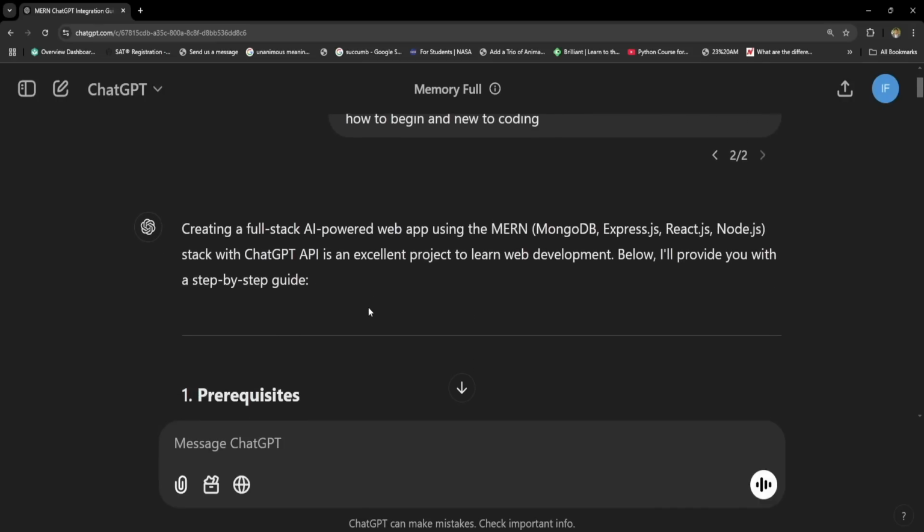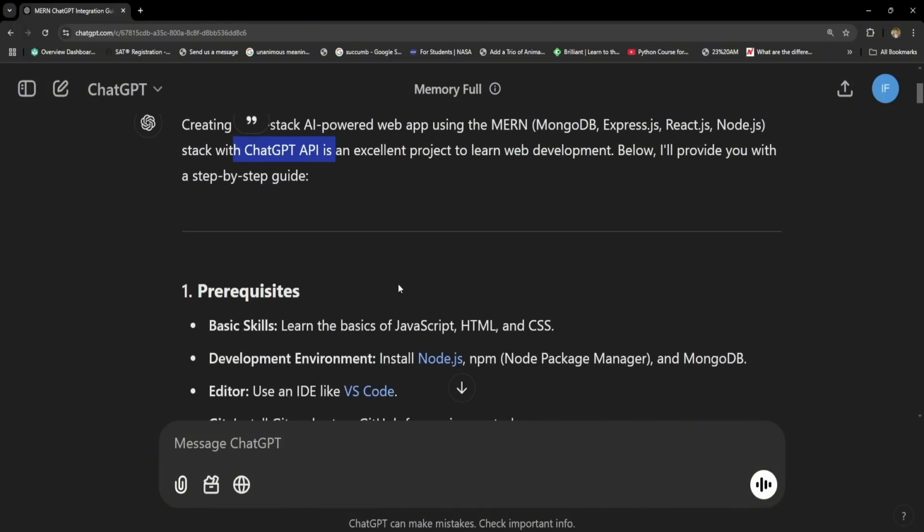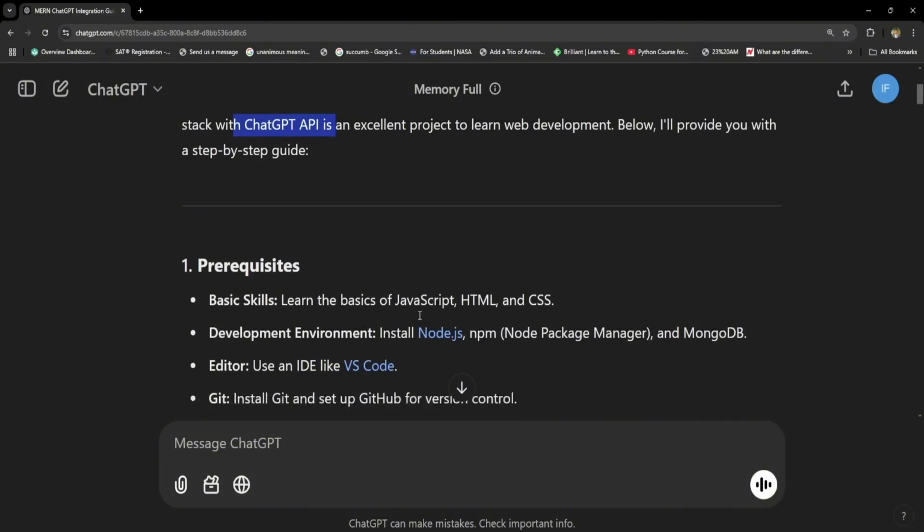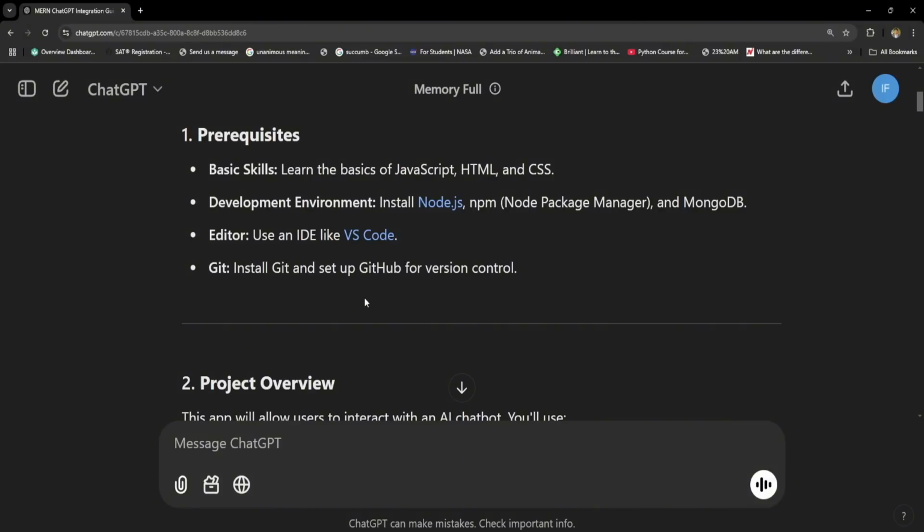We're trying to build a full stack AI powered web app using the MERN stack, which is basically MongoDB, Express, React, Node.js, with the ChatGPT API. This is going to be an excellent project to learn web development, and it's going to go with a step-by-step guide. I assume that no one has any kind of knowledge of programming, and we're going to go by